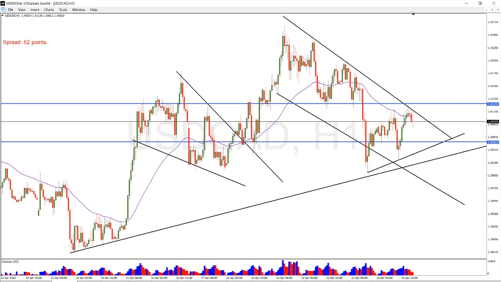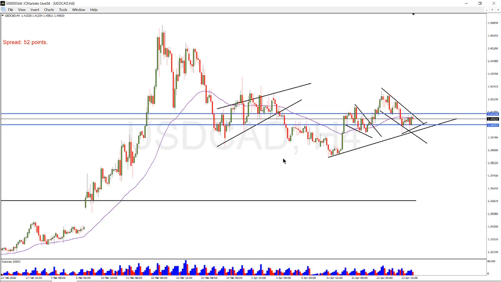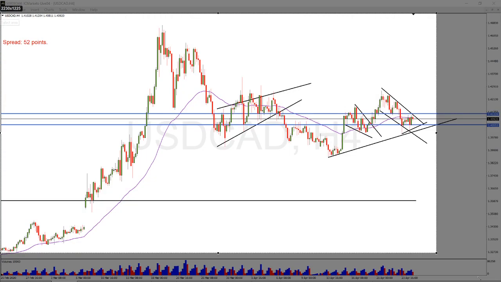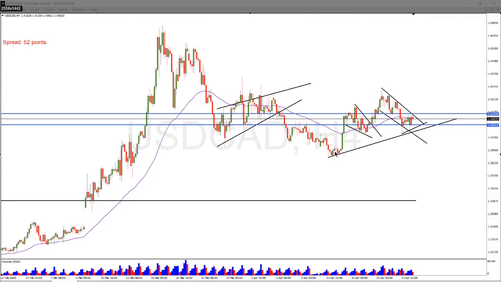USD CAD is in a very crucial stage at the moment. It was creating higher highs as well. You can have a look like this here. So it was an impulse wave, a correction, an impulse wave, another correction, right? It has the potential to break this area and go straight over there to meet the from where the retracement started. So this correction was started here, so it's probably gonna hit this area,